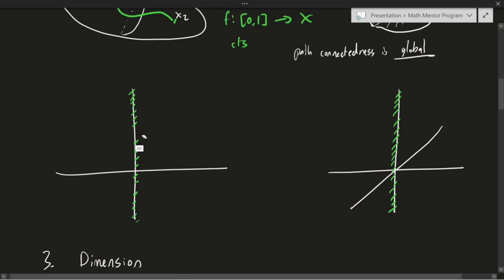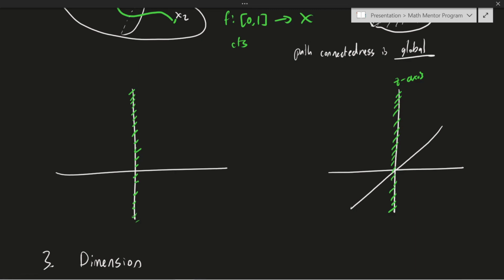So while this space here was not path connected, the R2 where I remove the y-axis, now I have the same idea, except this is usually called the z-axis for the purposes of 3D space. Now we have the same idea where the vertical axis is removed, but now we have an extra dimension to work in. Notice now that our path is path connected, because for any 2 points that I pick here,